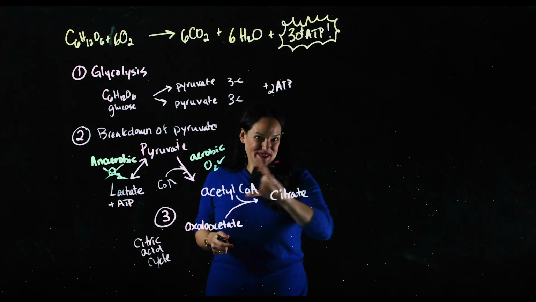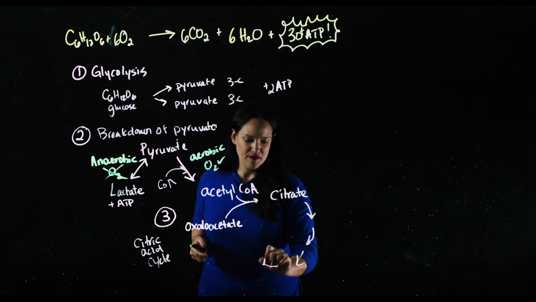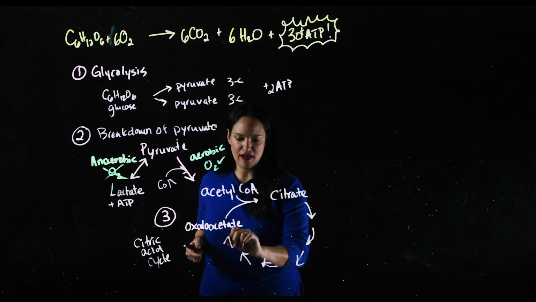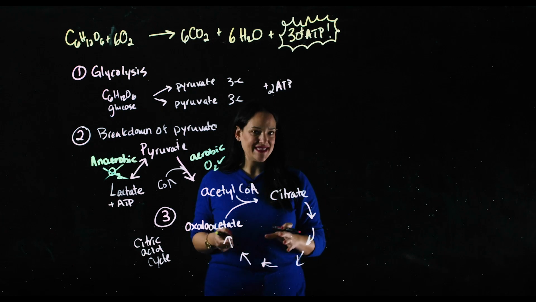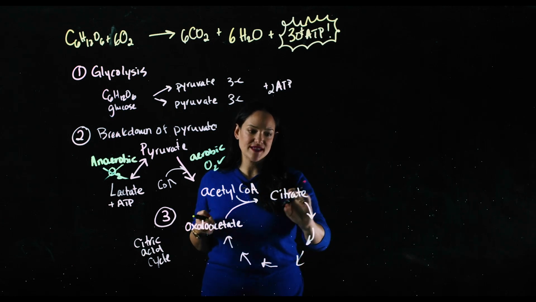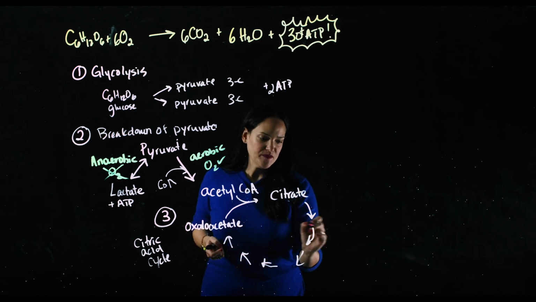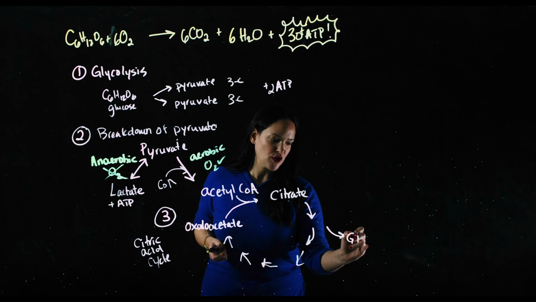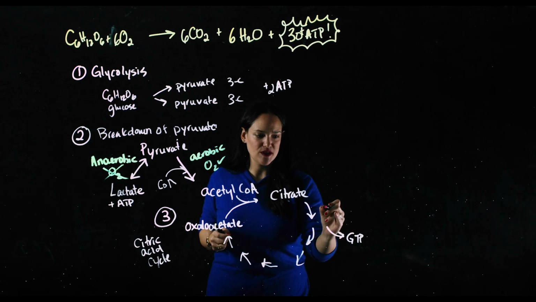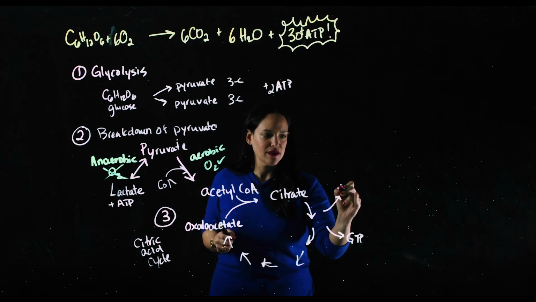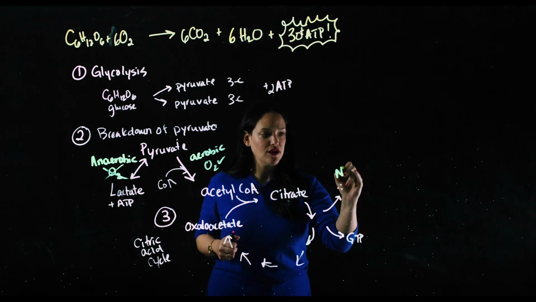Now, there are many steps in between. This is a cycle, and what happens is that this product gets modified, and various intermediates are formed to eventually get it back to oxaloacetate. But the important thing is that while citrate is being changed into all these different intermediates, for one thing, some energy is released and captured as something called GTP, which is kind of like ATP, but it has a different base. And actually, more importantly, I release some electrons in this process, which are picked up by our electron